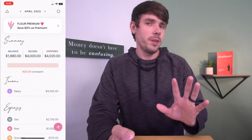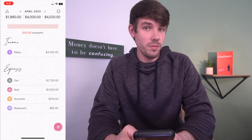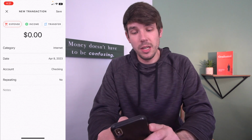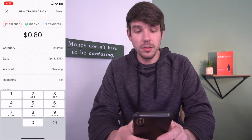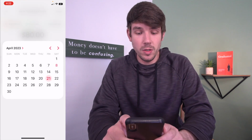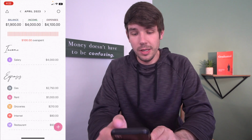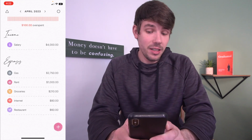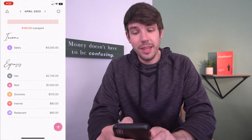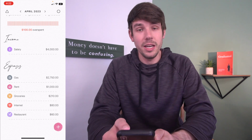Now that's my biggest problem with the app, but you can get around this, and this is how I would do it. You can plan out certain bills and expenses just by saying you're planning on spending $80 on internet, but it's sometime in the future, so April 21st. If we save that, that will have allocated $80 at the beginning of the month for internet. So you don't have to worry about that because this progress bar will have already updated to show $80 now